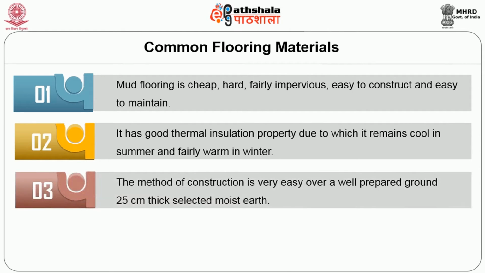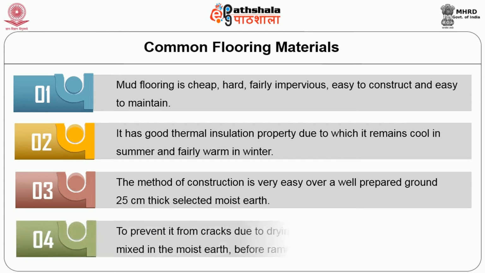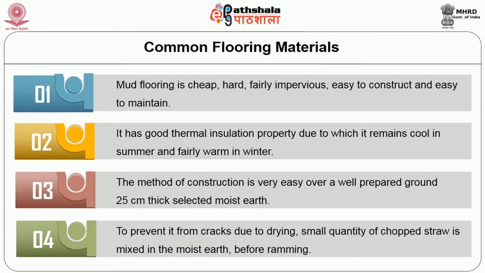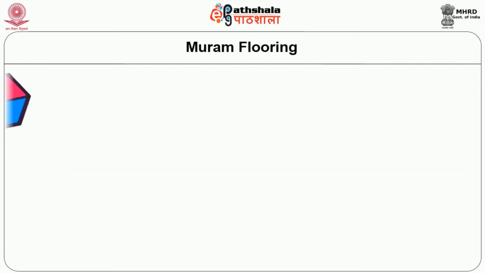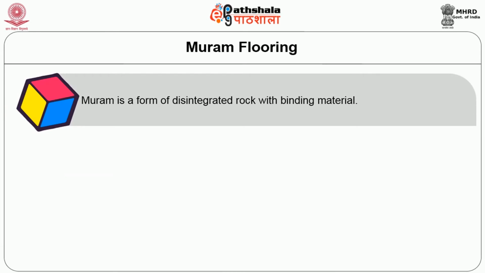The method of construction is very easy. Over a well prepared ground, about 25 centimeter thickness of moist earth is spread and is then rammed well to get a compacted thickness of about 15 centimeter. In order to prevent cracks due to drying, a small quantity of chopped straw is mixed in the moist earth before ramming. Next flooring would be muram flooring, a form of disintegrated rock with binding material,